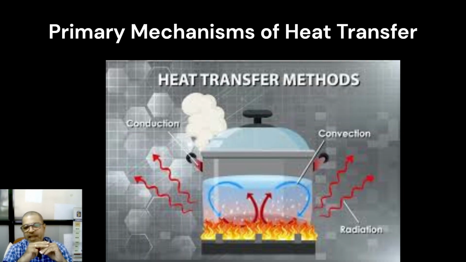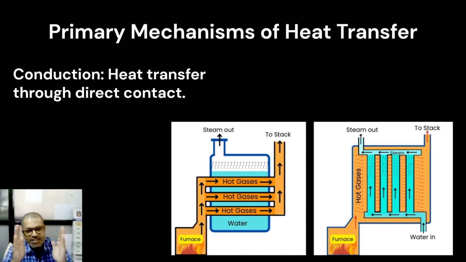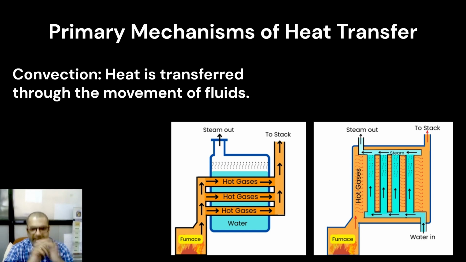Now, I told you that we will revisit the three primary mechanisms, conduction, convection, and radiation, that play a major role in the boiler. Conduction. The heat transfer is through direct contact. The heat from the hot metal walls of the boiler tubes is conducted directly to the water surrounding them. Convection. The heat is transferred through the movement of fluids. The hot gases from the furnace circulate around the boiler tubes, transferring heat as they flow. Similarly, the heated water inside the boiler also circulates, thereby